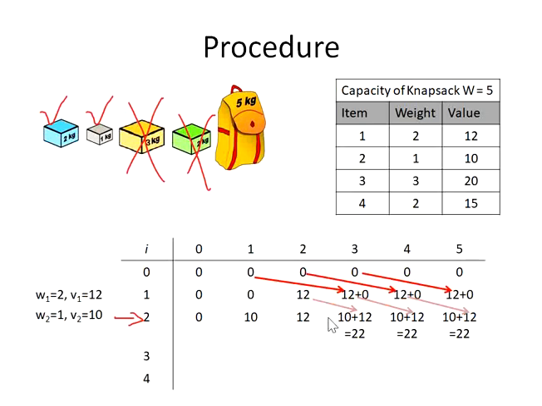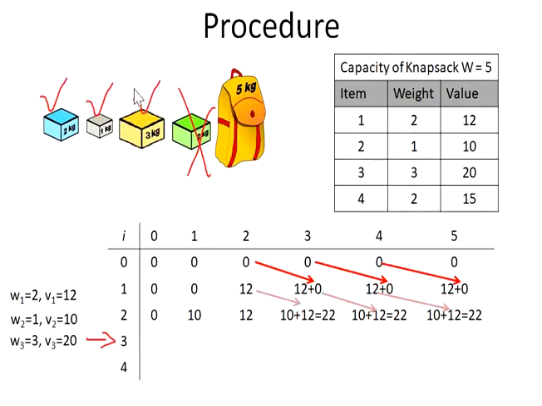For simplicity, I have marked where these values have come from. So 10 plus 12: this is item 2 with the weight 1, which is 10, plus what is the weight? 3 is the weight. I have utilized 1 kg, and 2 is remaining, and from this value of 2 it has come. So this is 12. The arrows indicate where the values have come from.